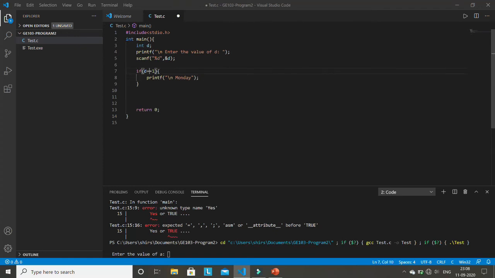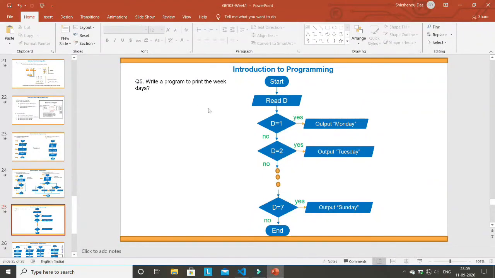after executing this line, it will not enter here, it will not enter the printf. It will directly jump and come out of this if, and it will start executing from this line number 10. So actually it will work like this. If d equal to 1, it will go to this part. If d not equal to 1, it will go to the no part. No part means simply jump, and